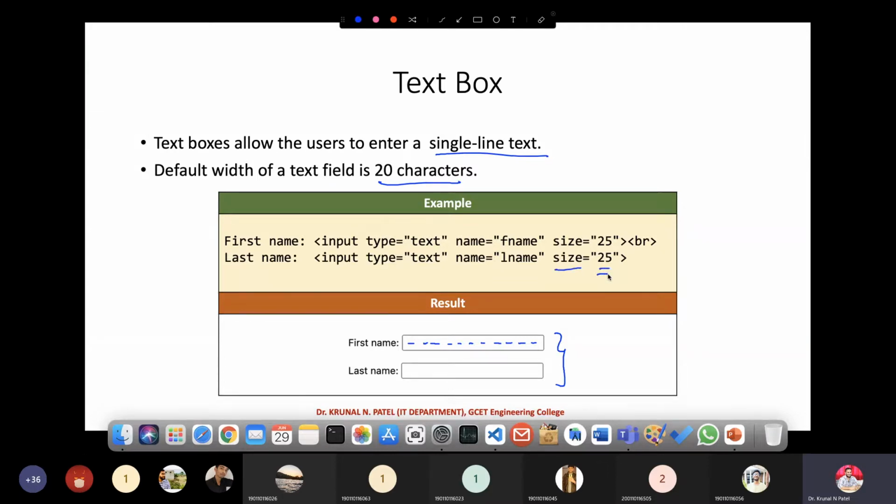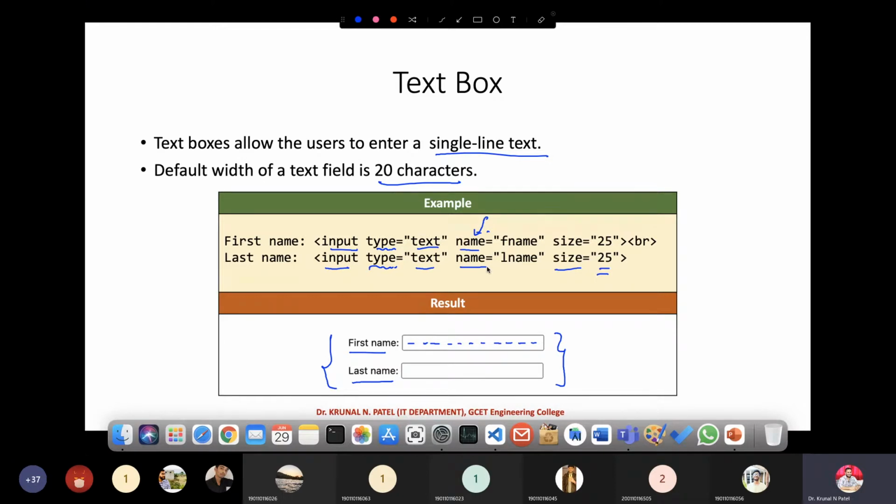So if I want to draw something like this, first I want to display first name, then last name, and after that put the inputs in text boxes. For that, first of all, you have to take the input tag. After that, you define the type attribute, and in the type attribute you define text. After that, as we discussed last time, you have to provide a unique name for each and every control, like fname, lname.